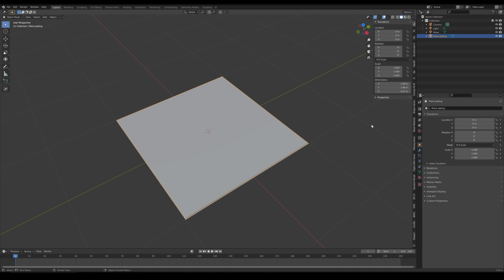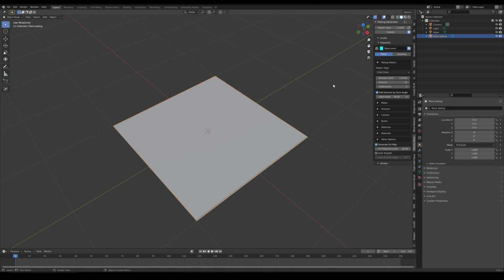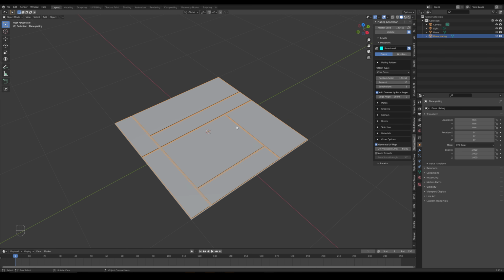But if I press N to get the panel up, I'll look for plating generator. Actually, I'll just turn on the screencast keys as well for you. And the plating generator is here. And I'll increase the subdivision so that we get some panels. And I'll use this crisscross pattern for now. I might reduce the number of slices that it's doing, so it's creating this crisscross pattern. I'll adjust it to about 10, but I'll increase the subdivisions a little more